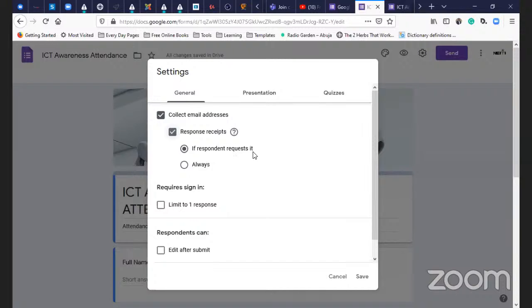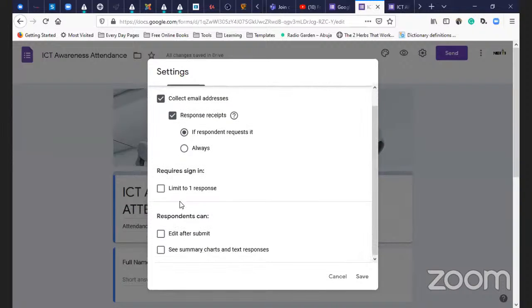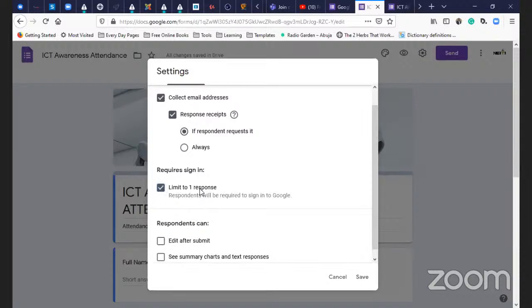If the respondent requests for it, this one will give you the option to say whether you want it or not. This one will say always, that means it should always send you the form. But if respondent requests, meaning that you have to say, okay, I want it. Then limit to 1 response, meaning that respondents will be required to sign in to Google. One of the things is that the respondent has to have a Google account before you can respond to it, and 2,